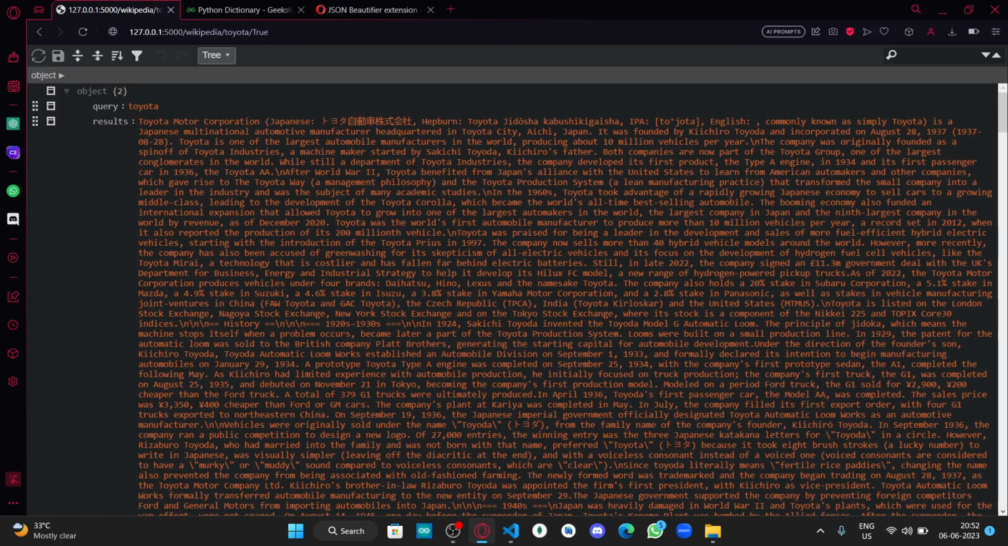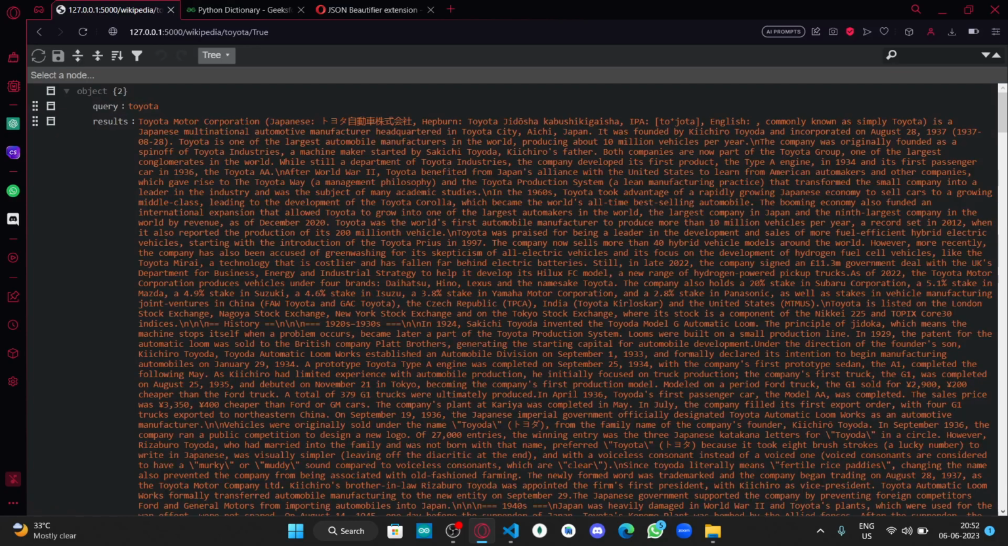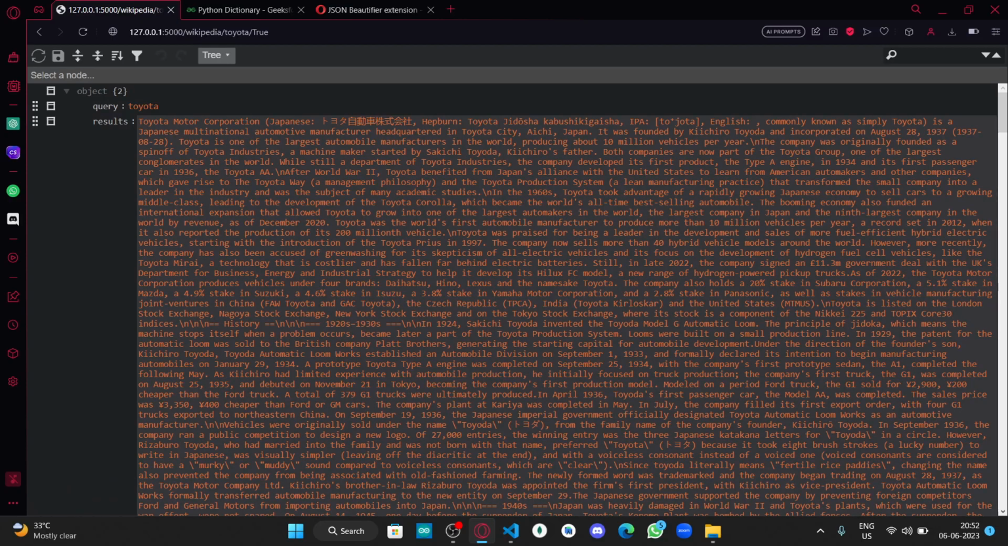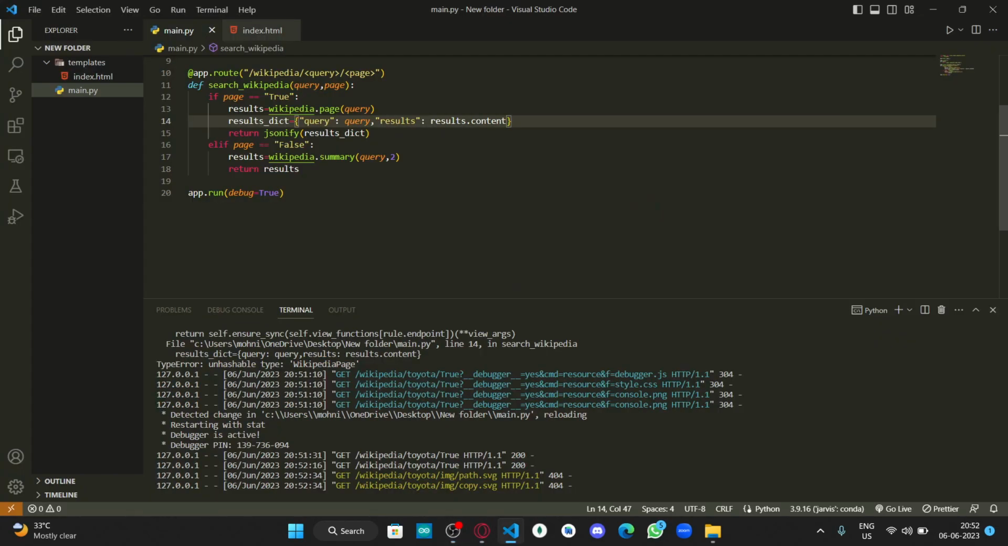So yeah, this is much better. It's a tree view. This is the code view, and this is the text view, which is very boring. Tree view is the best. So what did I do here? Let me change something. I'll do the same thing here. So I'll just return